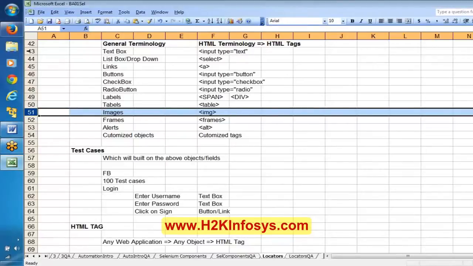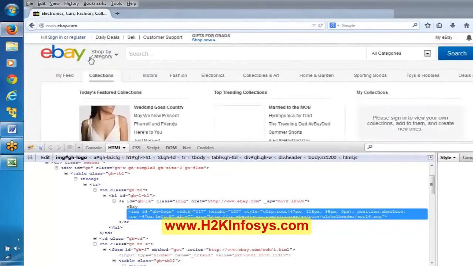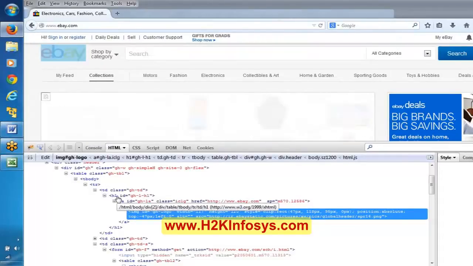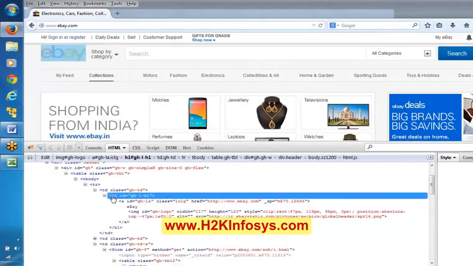Okay, and I also said not only these things that we have discussed, there might be some customized ones. Probably if you observe here, there is something H1 here. If you remember, we did not discuss H1. This is a kind of customized. There might be some separate things, but if you are able to figure out what is the HTML tag and what are the attributes, that is fine. For this highlighted one, what is the HTML tag and what are the attributes?